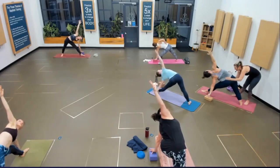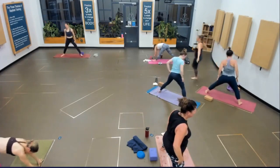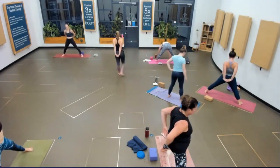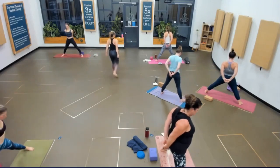You feel the difference, Ryan? Good. Couple more breaths. One more. Come on up to standing. Face the long right side of your mat. Let's start with your arms behind your back. Interlace your hands and roll your shoulders back, or use a strap to cover the bind between your hands